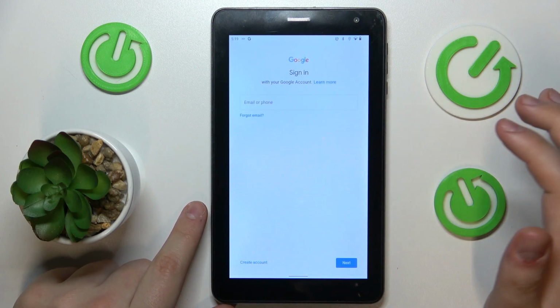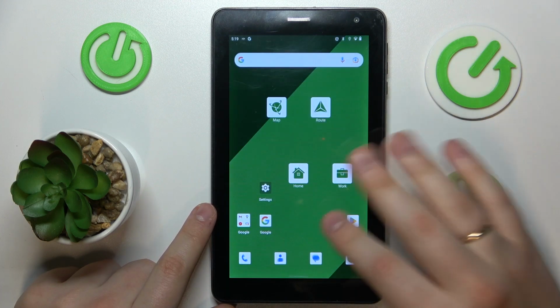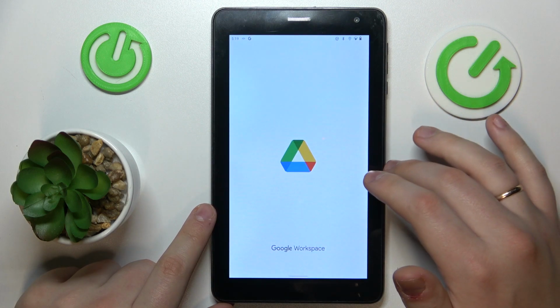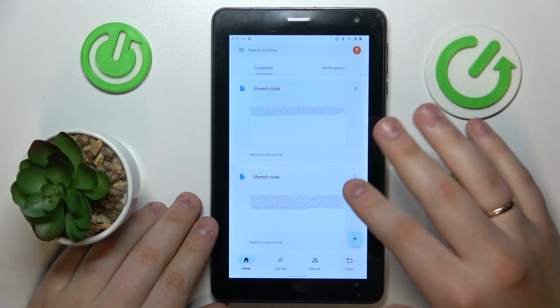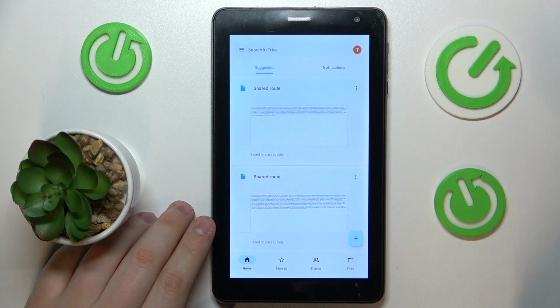Now for some reason it does not see that I have a Google account signed into the system, but whatever, I guess. What can you do? I'll try to relaunch the app. Okay, now it actually sees my Google account. Magic. Anyway, so from here, tap at this plus icon to your bottom right, choose the scan option,